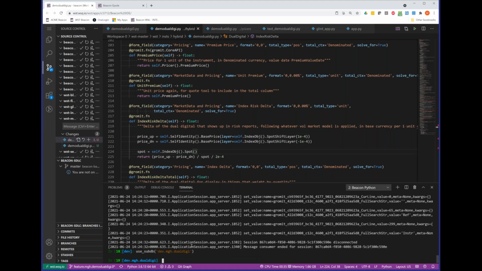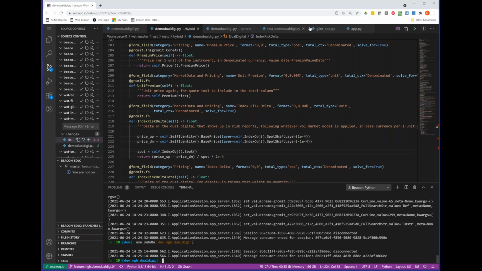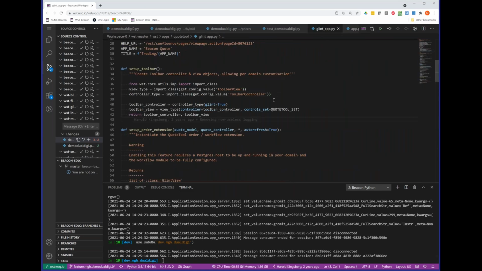So the way this works is it logically creates a new database, which is backed by the main database, and in front of it I have a little area where I can write objects that only I can see if I'm accessing the sub database, so it doesn't affect the production data. And I've already added an object into that directory. So if I run quote tool from here,